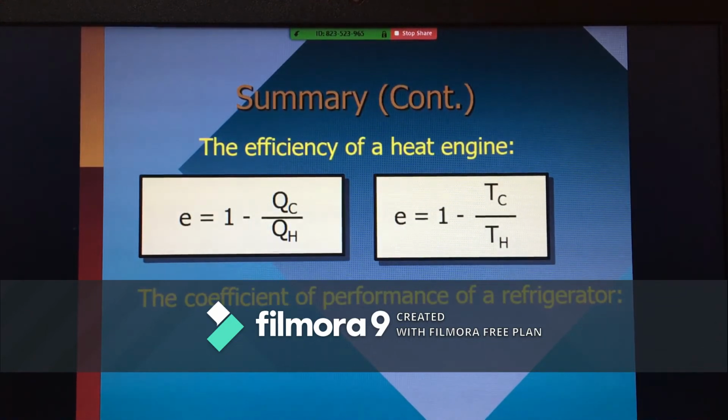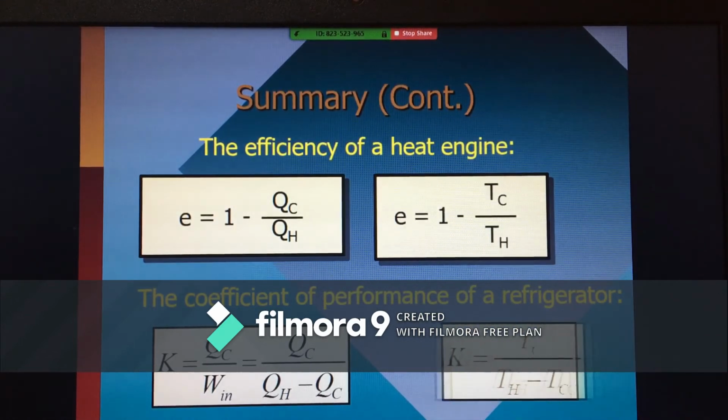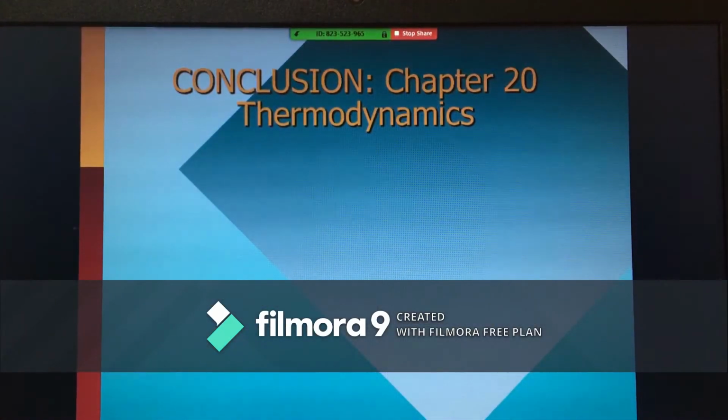And the coefficient of performance of a refrigerator is given by this formula: K equals QC over work input, equals QC over QH minus QC. And K equals TC divided by TH minus TC. And in conclusion,